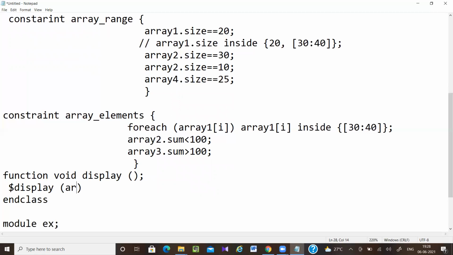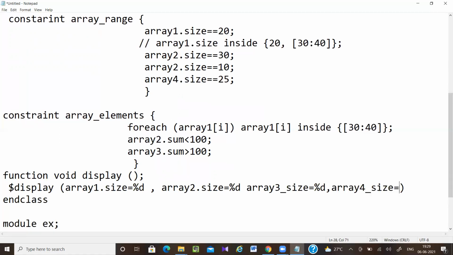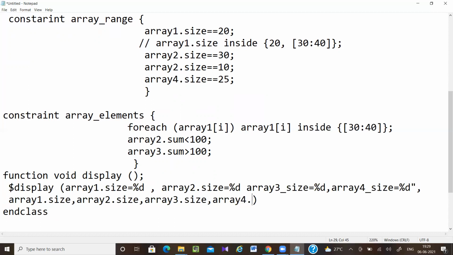Display array 1 equal to array 1 dot size, so that I know what the array 1 size is.